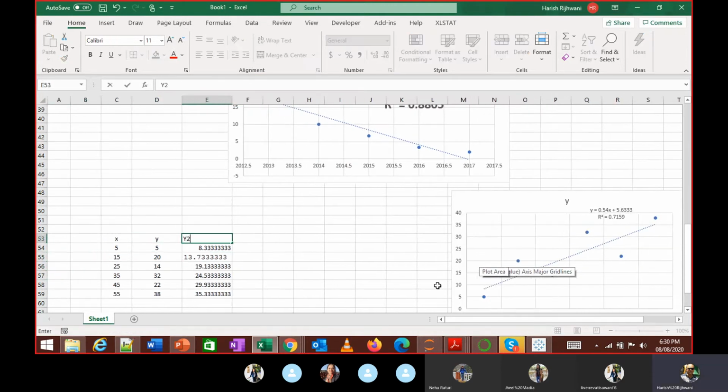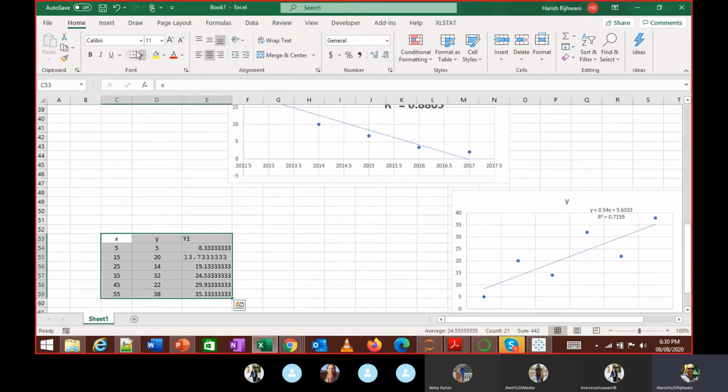If I plot this, I should get that same line which I'm seeing over there.